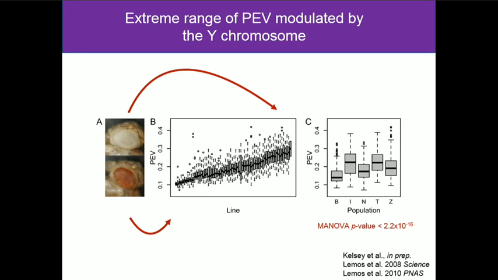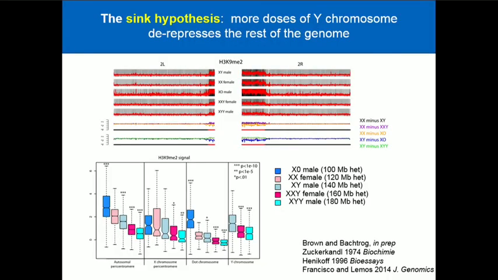And it shows some degree of population differentiation because the Y chromosome K-mers did, so that's not too surprising. It's somewhat correlated with total amount of heterochromatin on the Y, but as you'll see in a second, it's much more tightly correlated with specific elements on the Y chromosomes. I should mention Bernardo Lemos, several other people have observed this. So this paper in 2008 was the very first one that showed some aspect of the Y chromosome impacting expression elsewhere in the genome.